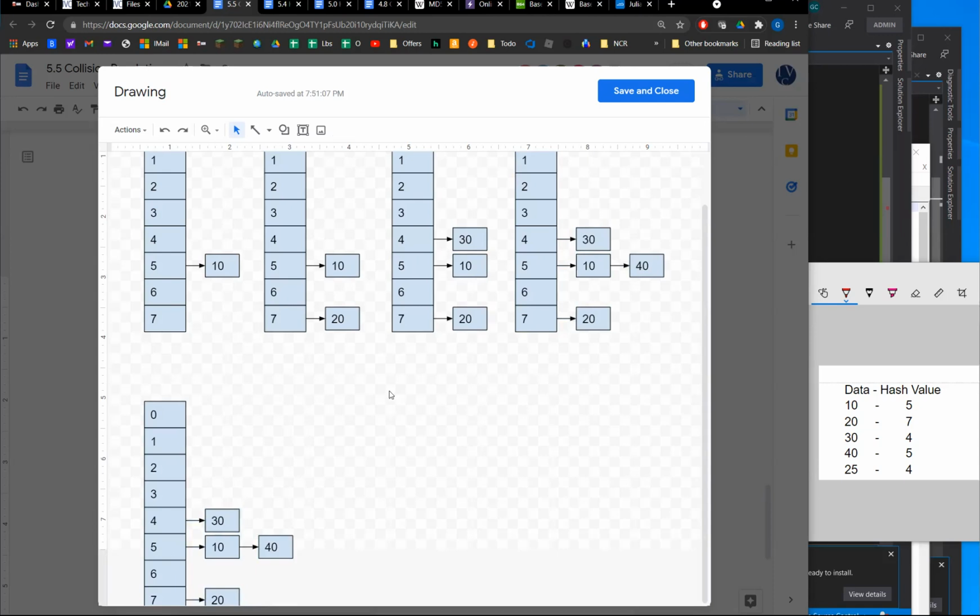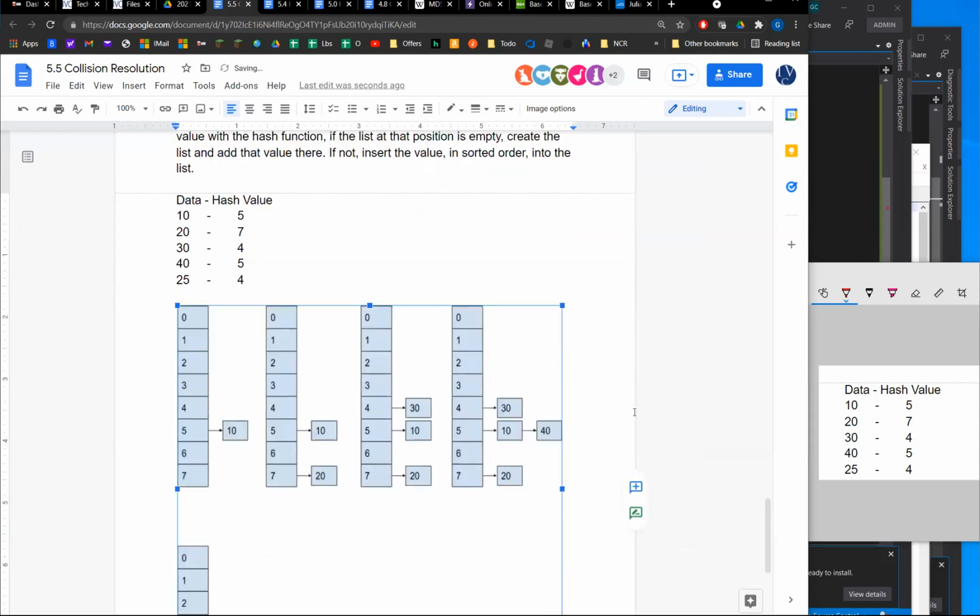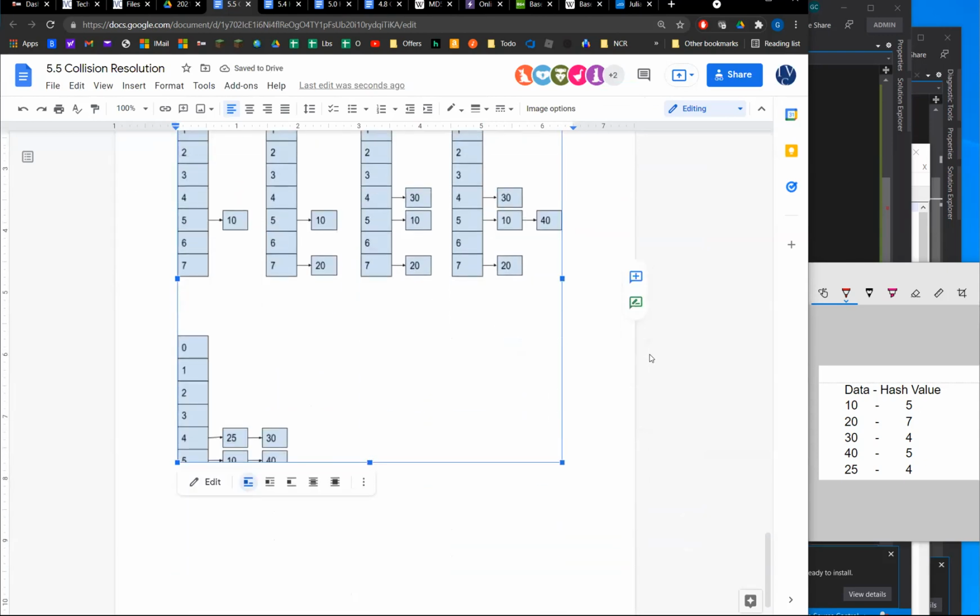All right, now we have 25 going into list 4. That is going to have 30 slide over. And we'll put 25 up front with 35 after it. And the reason why we're putting these values in sorted position is so that our lookup is improved. And so when we do our lookup on data,